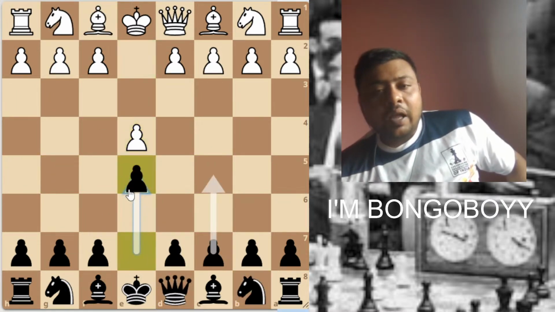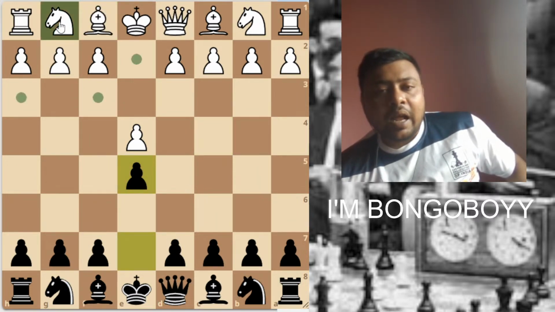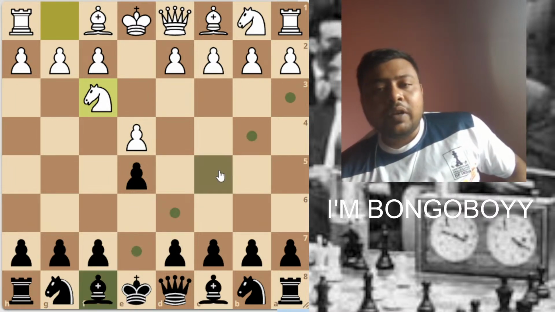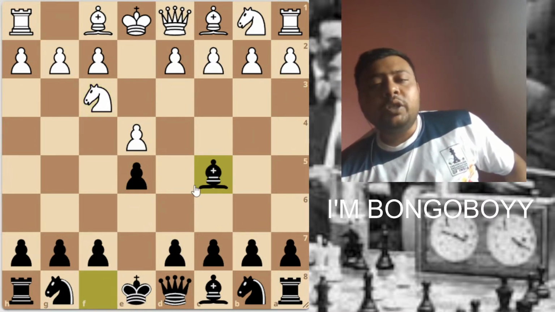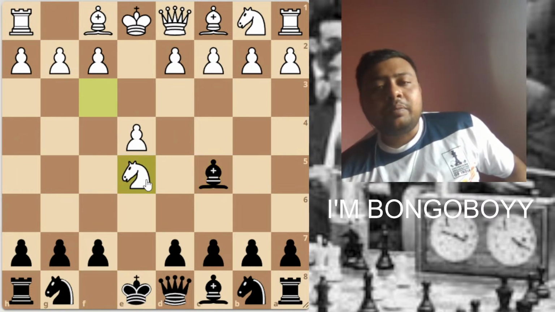So e4, e5, they are not able to play the move bishop to c4. That is not allowed. So what your opponent can try is the move knight to f3. If they play knight to f3, you have to play the move bishop to c5. Okay. Now here what they can do, simply they just capture a pawn,